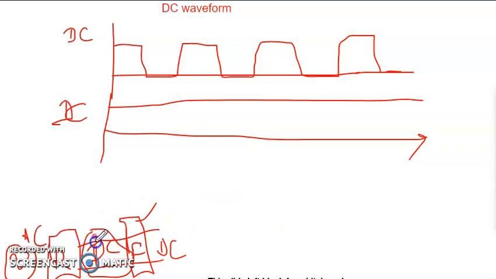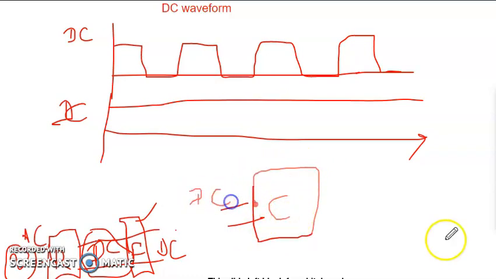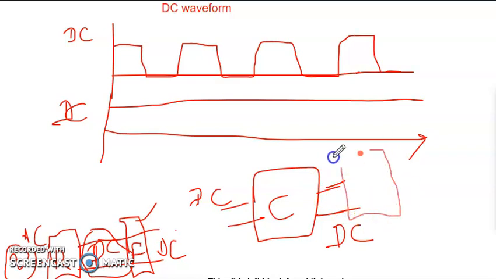Okay, see here, DC to DC. For example, take the chopper. It's a chopper. You give a fixed DC as input, and the output you get is a variable DC. But with that variable DC there is some oscillation. If you want to avoid the oscillation, use a filter, and you will get a pure DC. So this is about the importance of the filter.